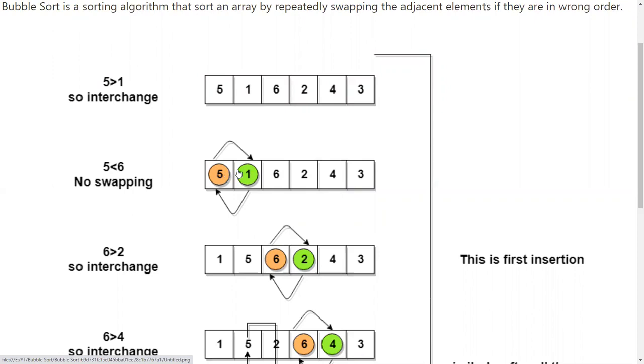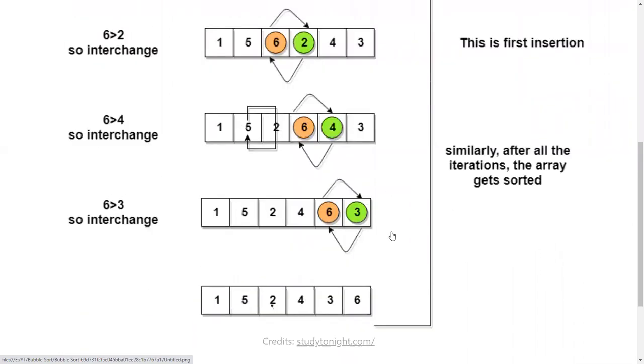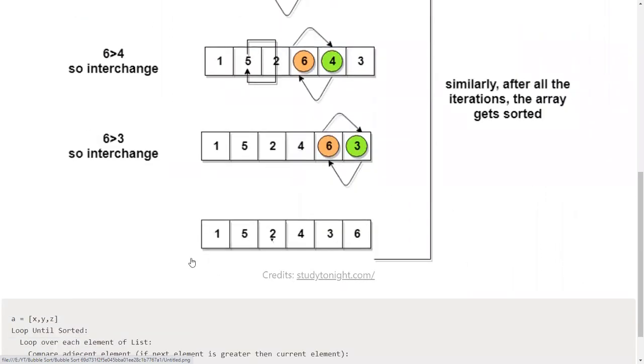When it compares 5 with 6, 6 was greater, so nothing was swapped. In the third part, you can see that now the 6 is greater than 2, so again the elements will be swapped, and so on will it go for the first iteration.